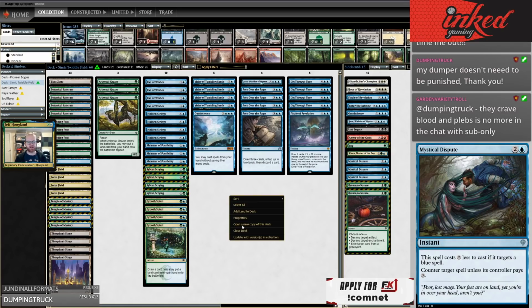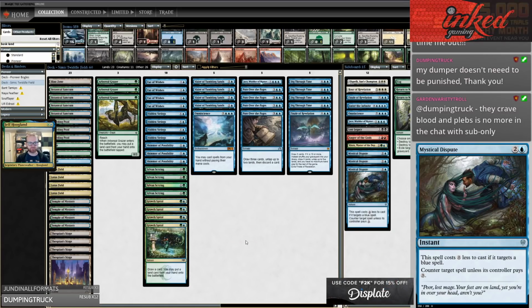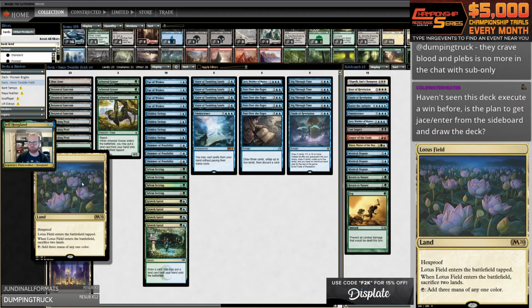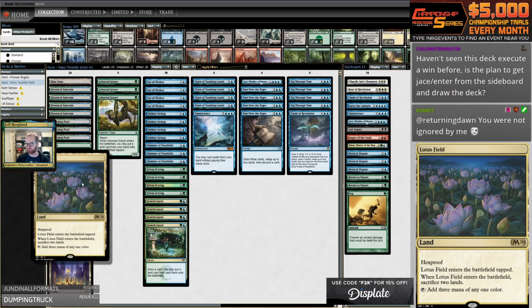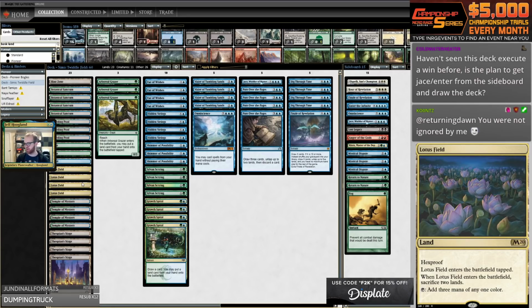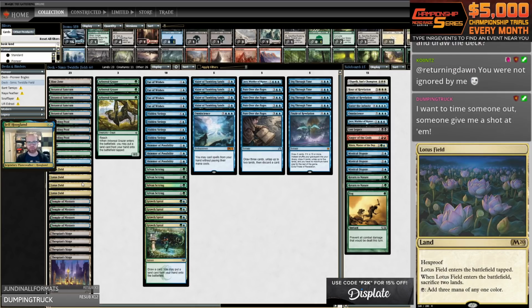All right, so this is Simic Twiddle Field, Simic Lotus Field, however you want to call it. The basic idea is we get this Lotus Field into play, so it can tap for 3 mana, and then